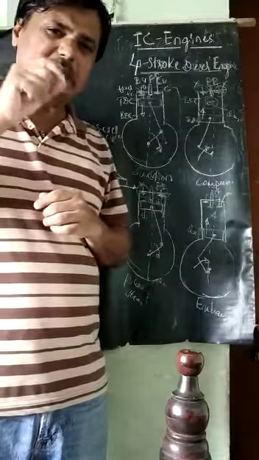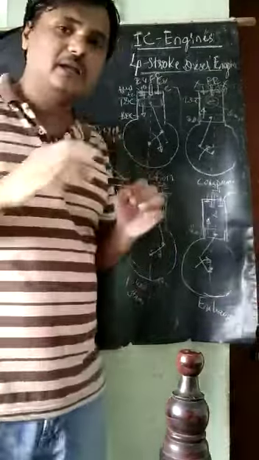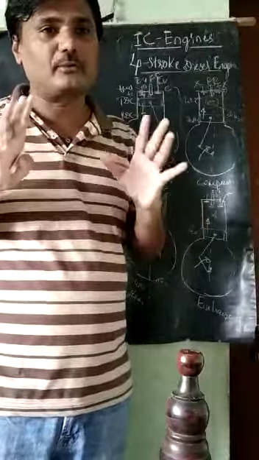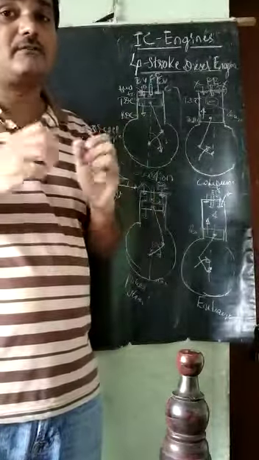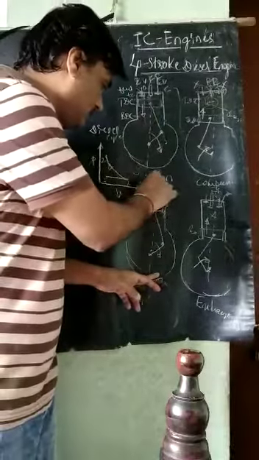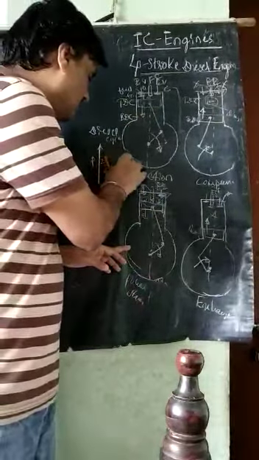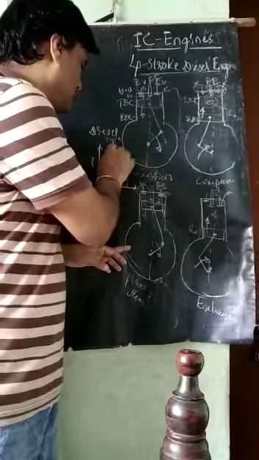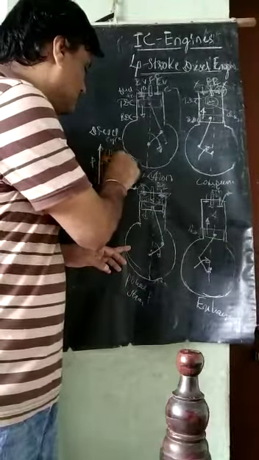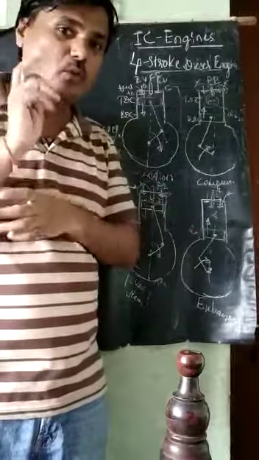Once the fuel is injected into the high pressure, high temperature air, definitely the combustion reaction will take place. Heat will be released in the form of flue gas. The addition of the fuel takes place at a constant pressure, P is equal to C. It is a constant pressure process, whereas in the case of the petrol engine, it is a constant volume process.